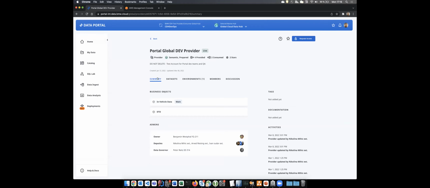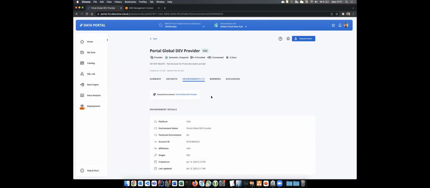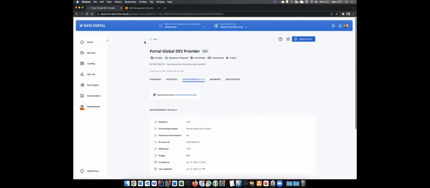similar to the data sets, different metadata, for example, who is owning the provider, you can have different environments, and environments are effectively AWS accounts that are grouped into a provider, because normally you would have like a dev stage, an in stage, and a prod stage for your provider, and therefore you would normally have 3 environments under one provider definition.